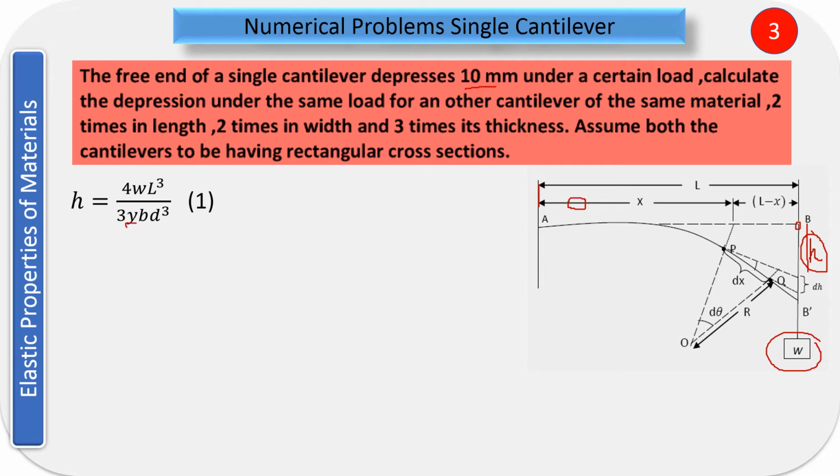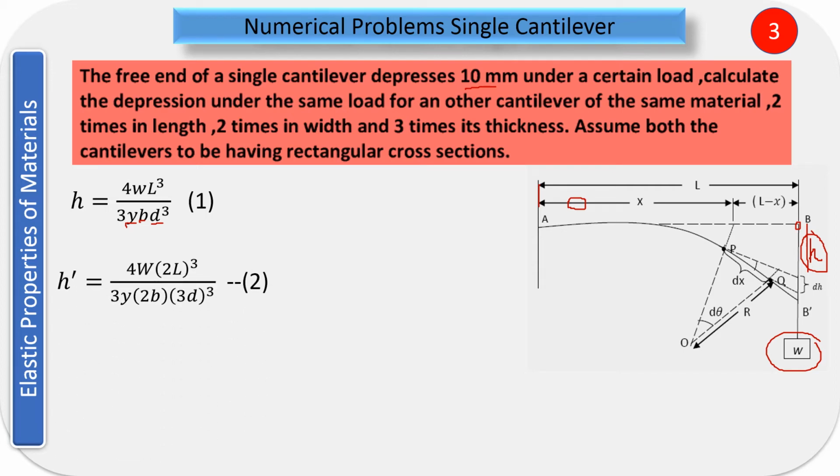So you see Young's modulus, B is the breadth, and D is the thickness. This is the formula that you have already derived for your depression, that is how much it is going to bend at the extreme end. Now in this, what you are going to do is take another cantilever in such a way that